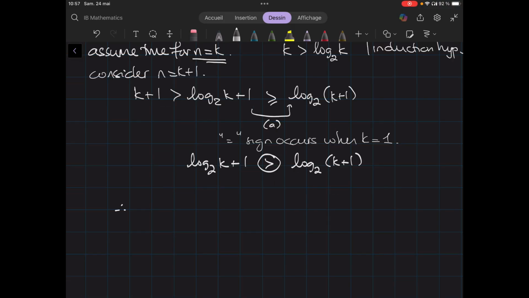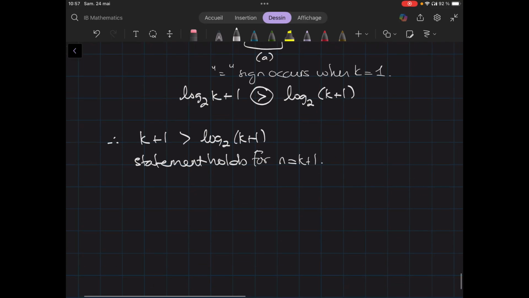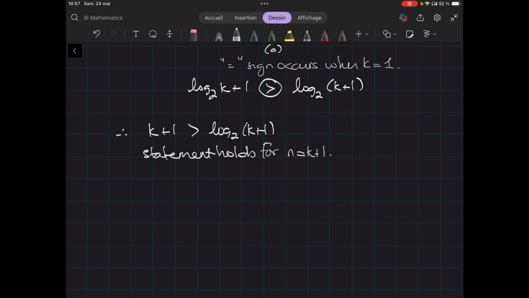Hence, we just proved that k plus 1 is greater than log base 2 of k plus 1, which is to say, our statement holds for n equals k plus 1. Thus, we now have to write our conclusion. By principle of mathematical induction,